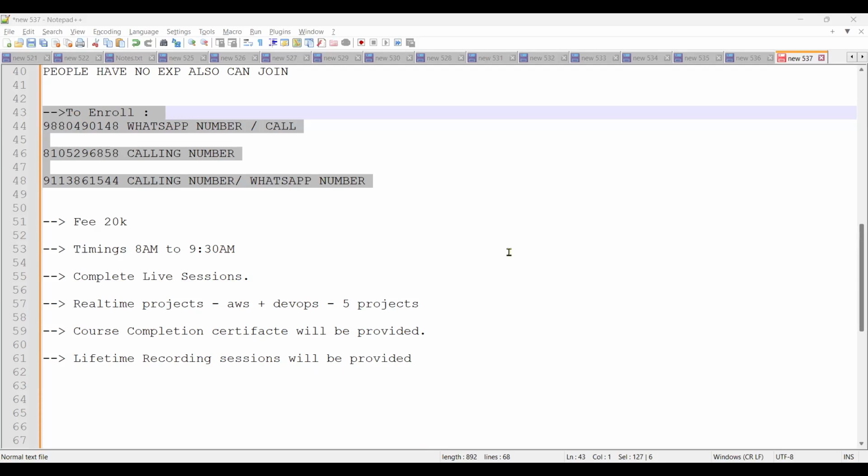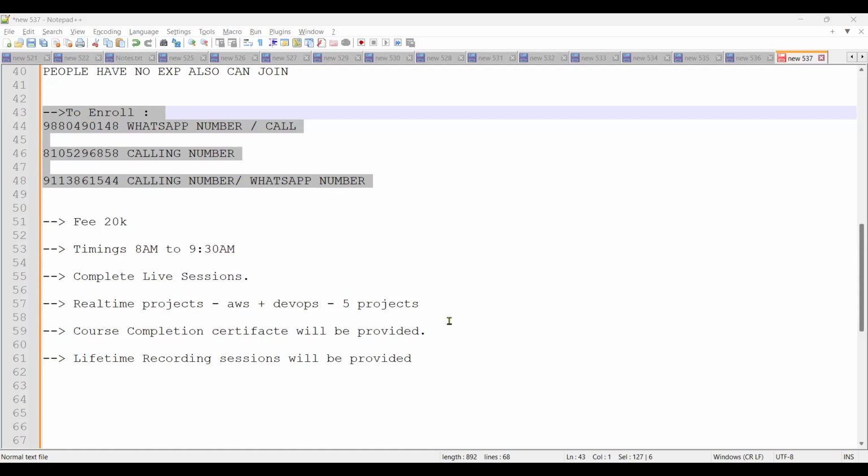Small question, sir. What is the difference between Snowflake and AWS? Snowflake is an ETL tool, and AWS is a cloud tool. In AWS we also have ETL, but that's a different story. AWS is used to store data, cloud storage.